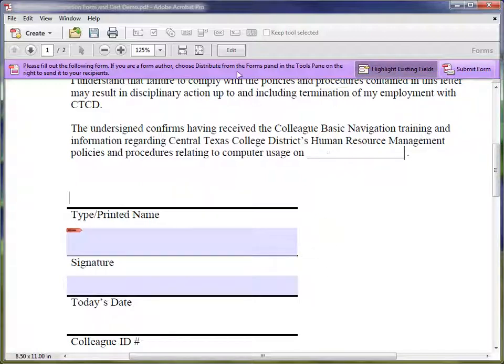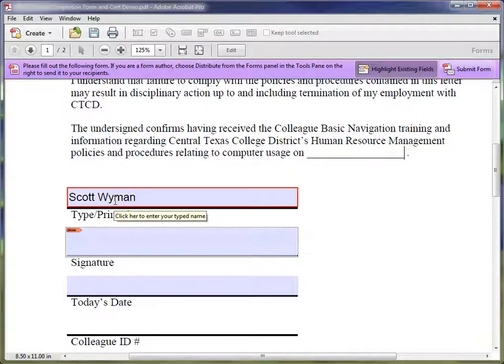Alright, with that said, let's go back and go ahead and fill in some information here. Let's put in our names. And I'm going to tab down. I'm going to bypass the signature field because you can't add a digital signature in preview mode. So I'll tab one more time. As you see, you tab through the different fields, makes it real easy. I will enter the date in the correct format,